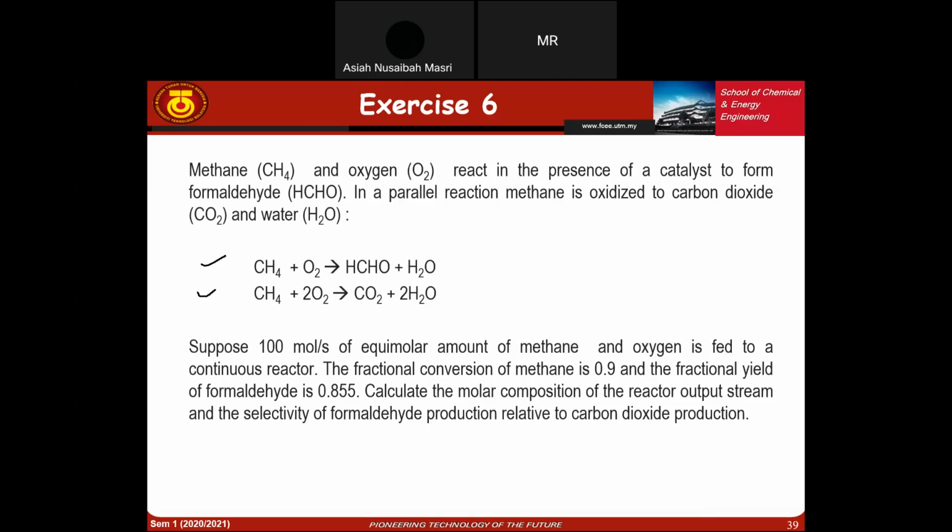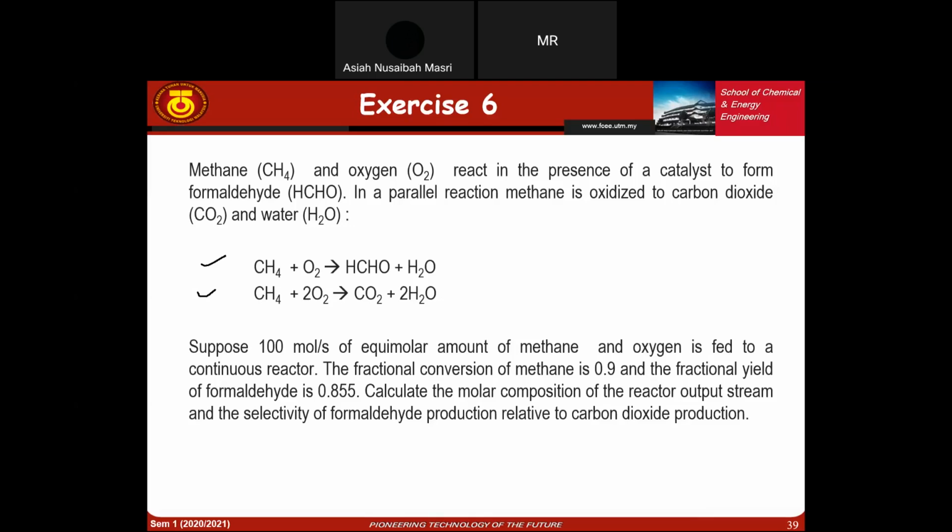The fractional conversion of methane is 0.9 and the fractional yield of formaldehyde is 0.255. Calculate the molar composition of the reactor output stream and the selectivity of formaldehyde production relative to carbon dioxide